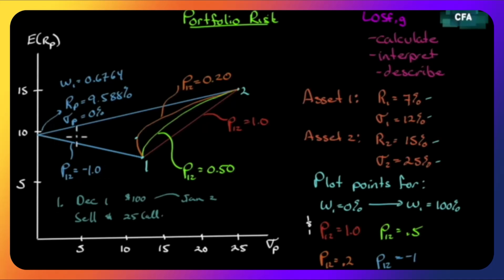There's one way where I can still maintain a return and get my portfolio risk all the way to zero. A second way happened in the dot-com boom, where a bunch of founders that brought their companies public became paper billionaires overnight. And we say paper billionaires because they had restricted stock.